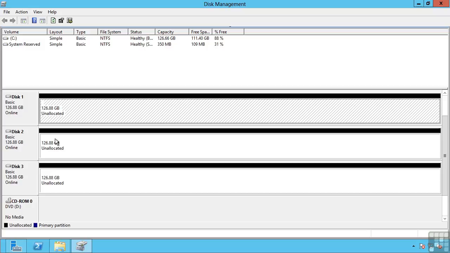RAID 5 gives good read performance. It gives me protection from one disk failure, so I'm only losing, for example, a third of my storage, or in a 4 disk, a quarter of my storage. But my write performance can suffer, because for every write, it has to do calculations on what that parity data